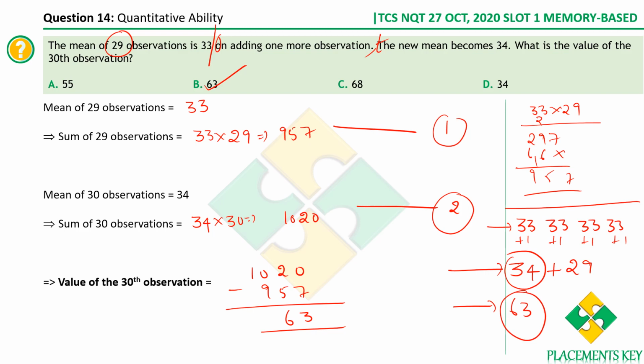Okay, this you may take some time to understand, but please try to understand, or you can always review the video and then learn this, because it's a very easy method. You don't have any equations as such. Okay, the mean of 29 observations is 33. So each had initially 33 chocolates with them. All the 29 members had 33 chocolates with them.